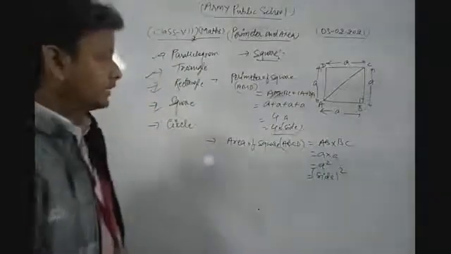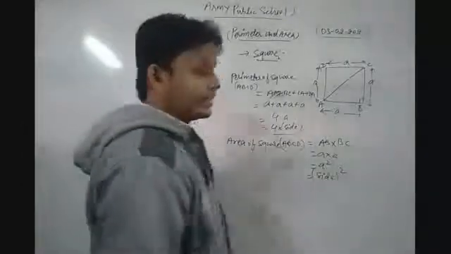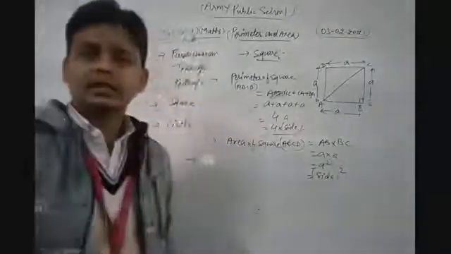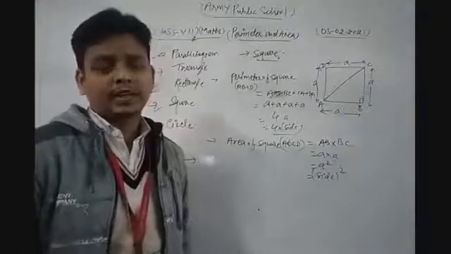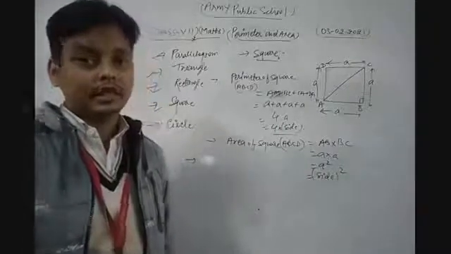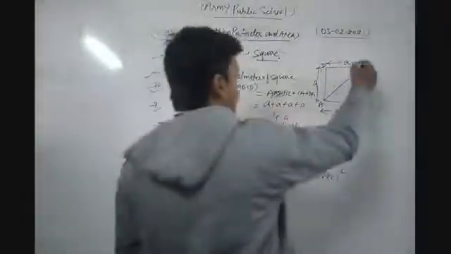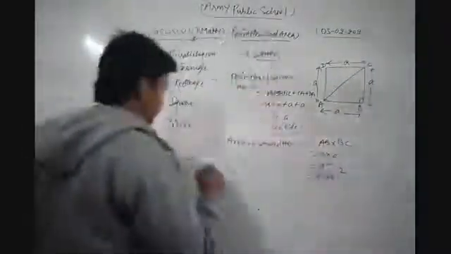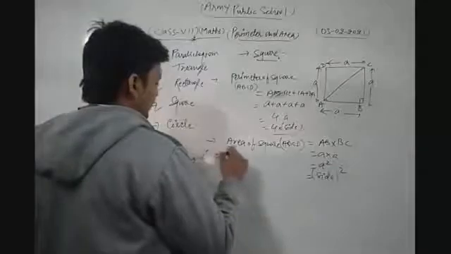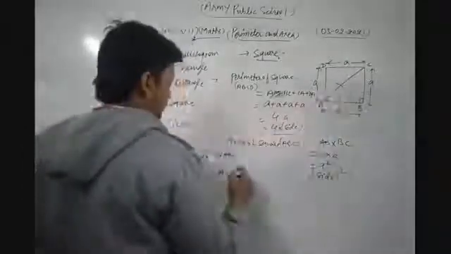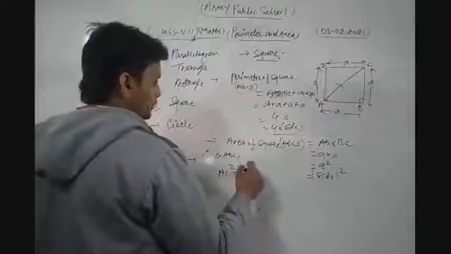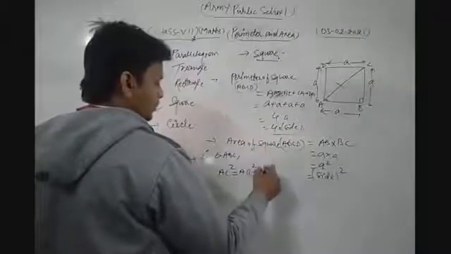Now, second one is what we discussed about its diagonal AC. What is the diagonal? The line segment joining the opposite vertices of the square or quadrilateral, any quadrilateral, is known as its diagonal. So here AC is the diagonal. Now ABC is a right angle triangle. So in triangle ABC, here AC, we apply the Pythagoras theorem as AC square is equal to base AB square plus perpendicular BC square.